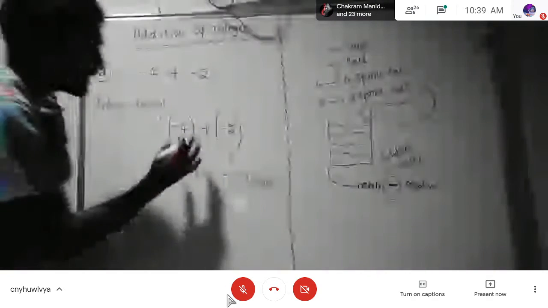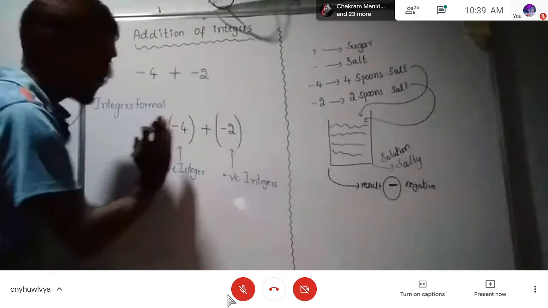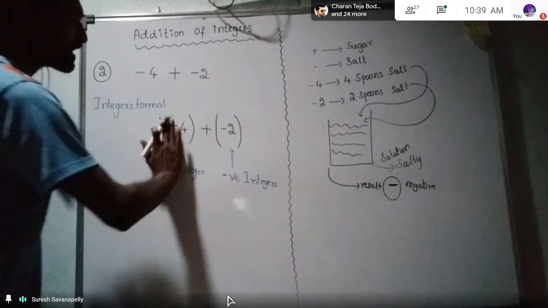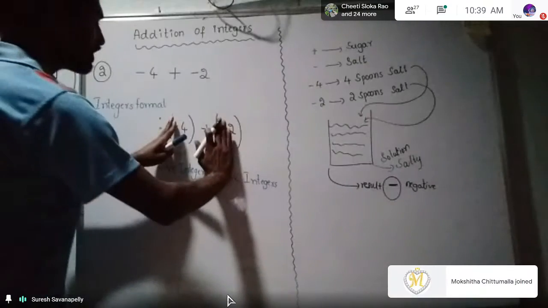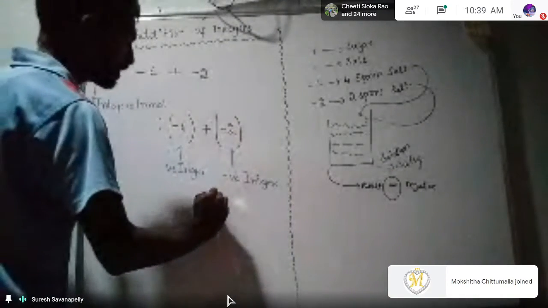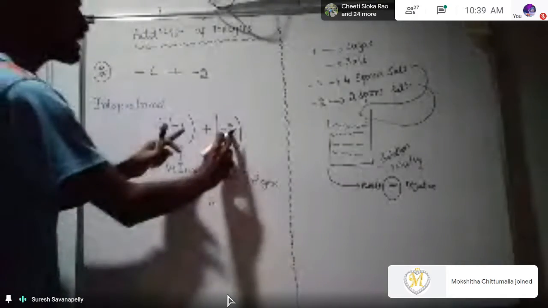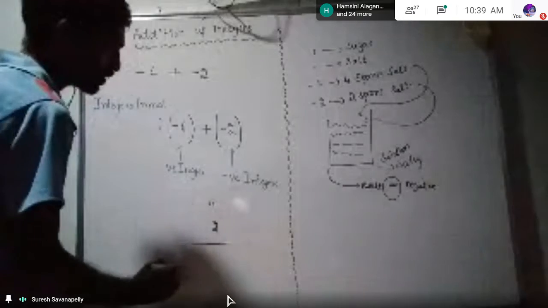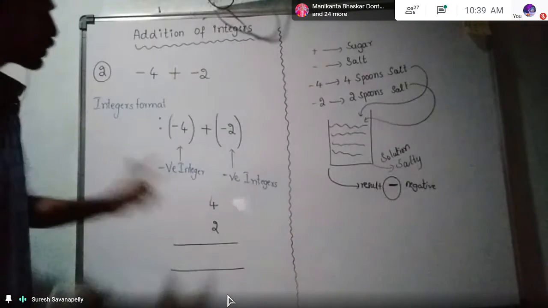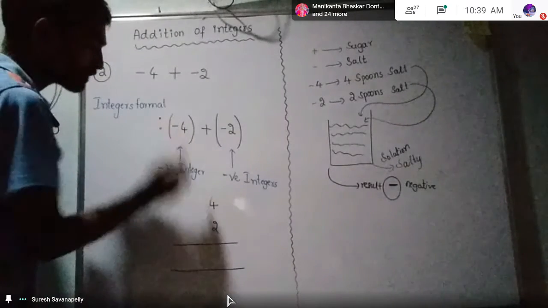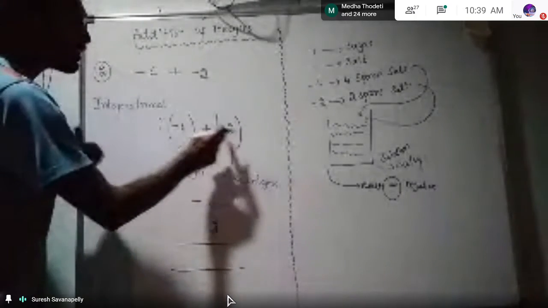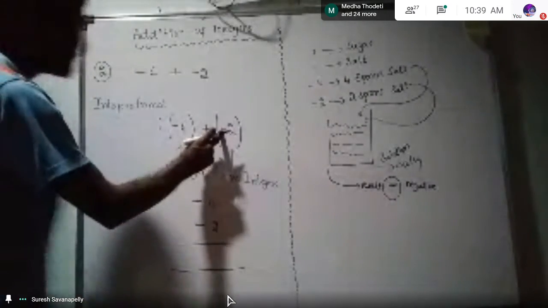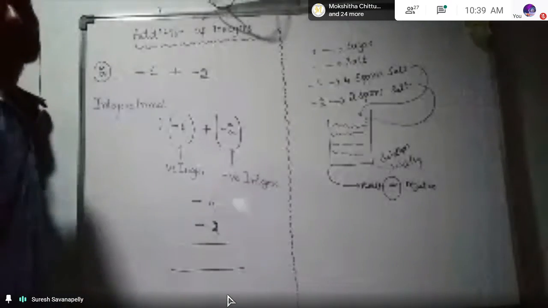Okay, now here what I told you, next you have to forget the sign. That means close these signs. When you close the signs, this and this, which is the bigger number? The 4 is the bigger number, right? 4. Next the number is what? 2. After writing this, you write this one. Next, you write the signs. What is the sign of 4? Minus. What is the sign of 2? Minus. Sign means always check for the preceding or left side symbol.